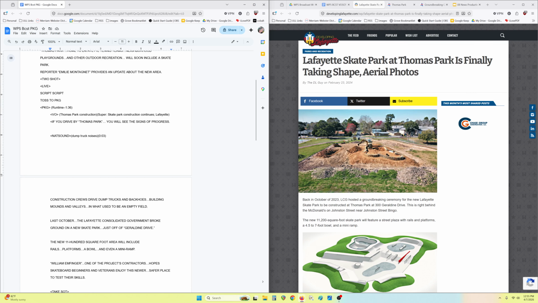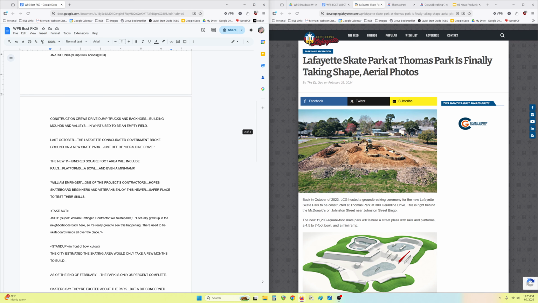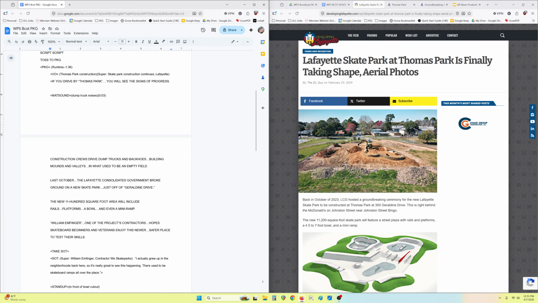Follow that indication with your script information. So remember, whatever comes after the element is going to be the thing that you're reading while the element is on screen. So we have Thomas Park Construction video, followed by